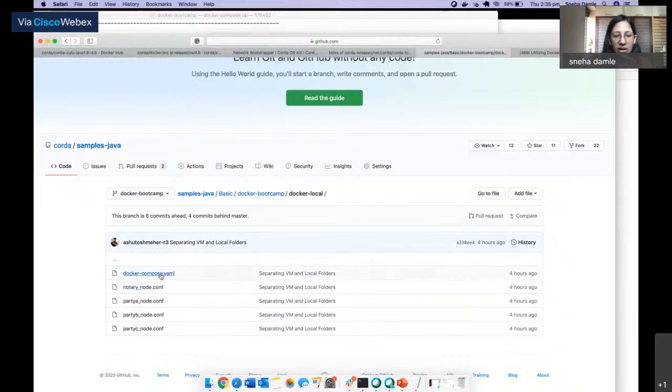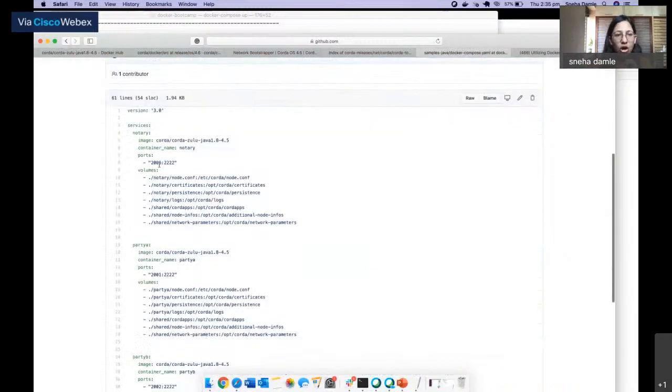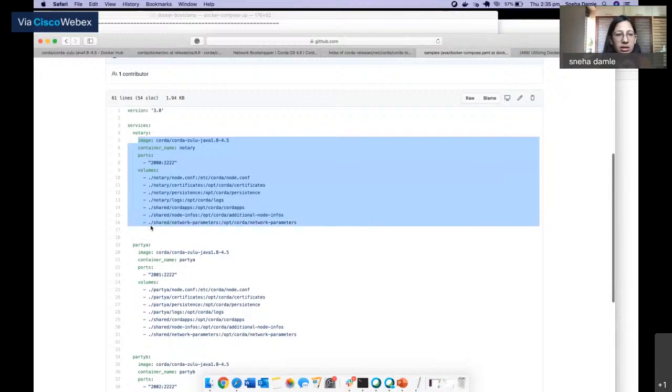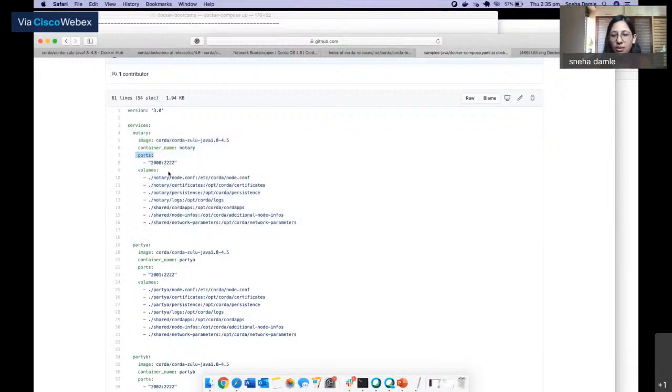After that, we saw the docker-compose.yaml file. We saw how to define different containers within the docker-compose.yaml file. We also saw what the individual commands are used for, that is, what the ports are used for, and how you can expose a port from within an image to the outside world.